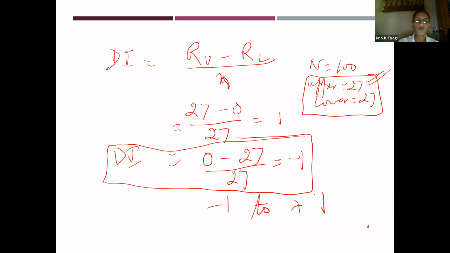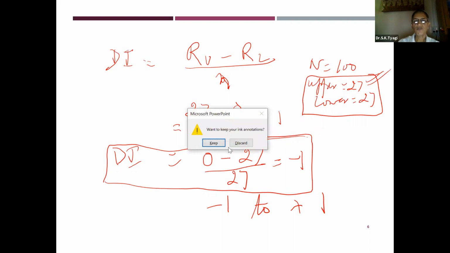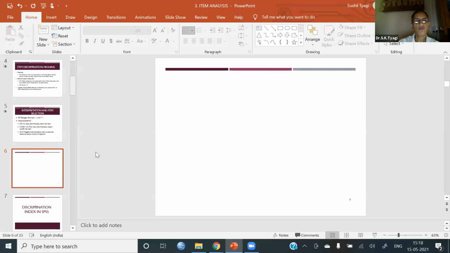Now, when RU is equal to RL, that is, the number of correct responses in the upper group and the number of correct responses in the lower group is the same, then discrimination index will be 0.